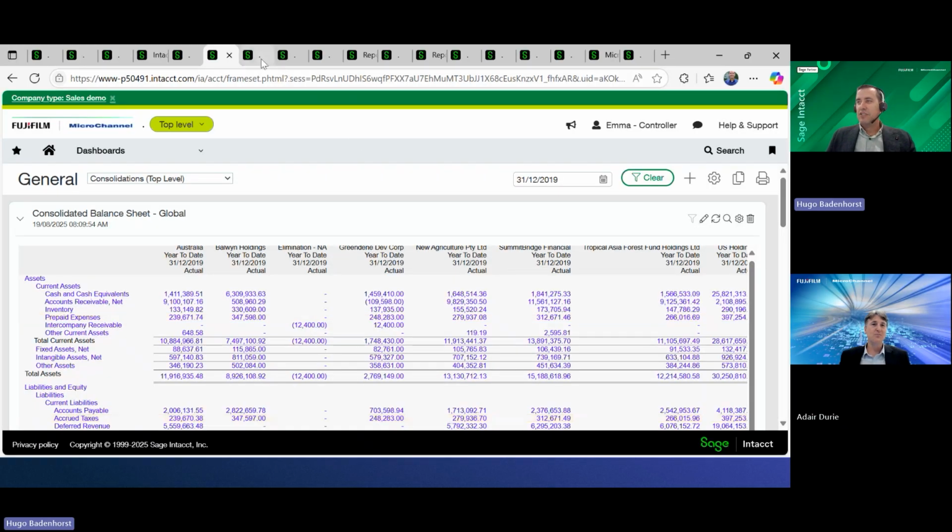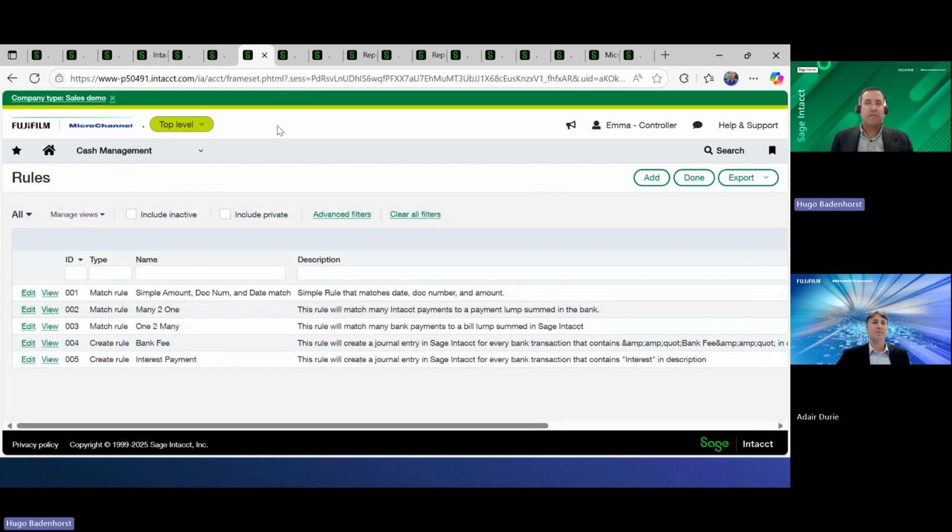Yeah, thanks, Ade. So looking at that, within Intacct, we've got a couple of options there to set up some automated rules. And within the rules, we decide what that matching looks like. So once we get the bank feed in or import a bank statement, we can actually process that through, look at the transaction and match things automatically that exist on both sides.